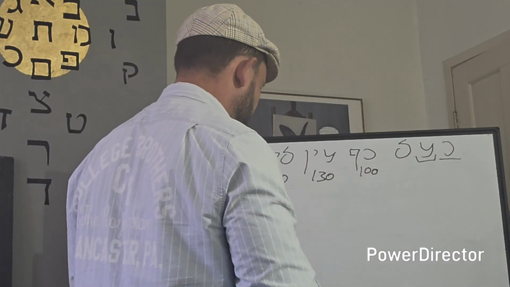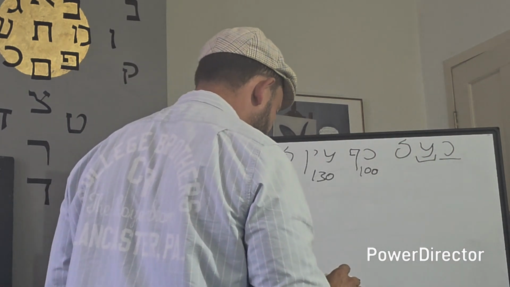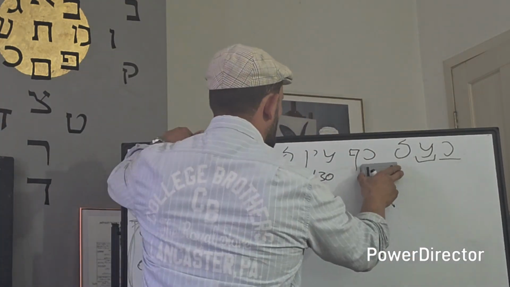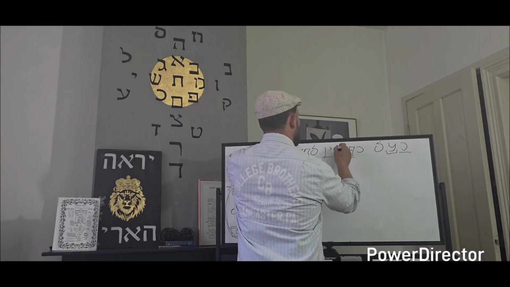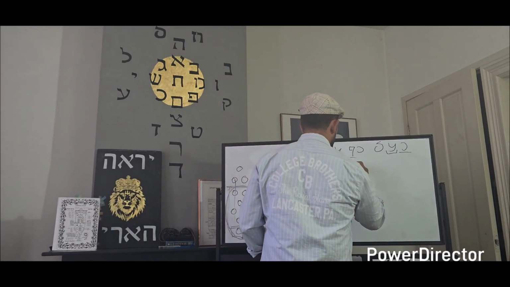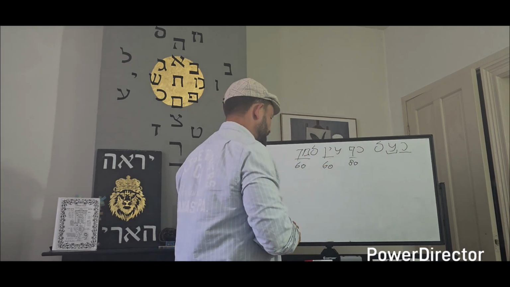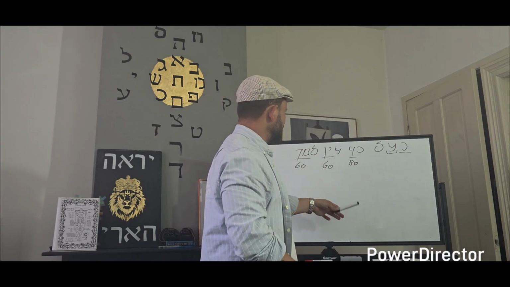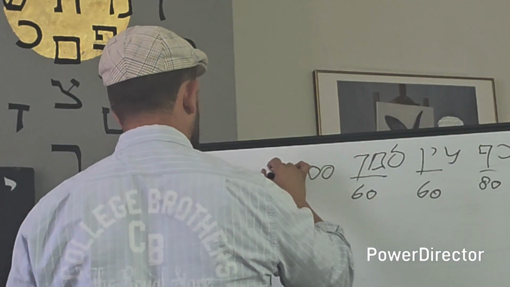What is 350 telling us? Nothing yet, but I found the following in the Milei. Let us do that again. The Milei is when we take the additional, the pregnant letters. These are the pregnant letters. So this is 80, this is 60, and this is 60. So that is 200 altogether. 60, 20 and 40, 60, 50 and 10 is 60, 80. 120 and 80 is 200, which is the value of Samech,